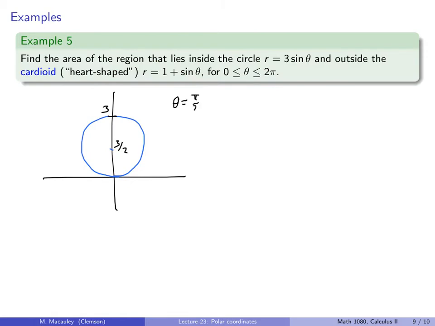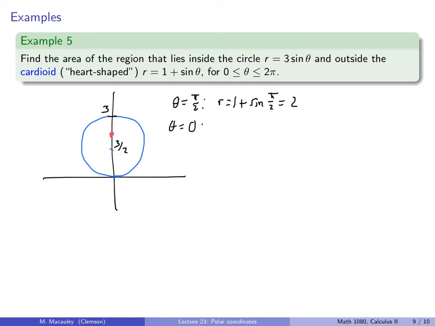Theta equals pi over 2, r equals 1 plus sine of pi over 2 equals 2. So if theta equals pi over 2, we are up. So we're right here. Okay, what about